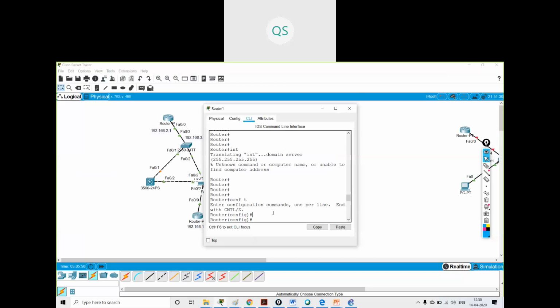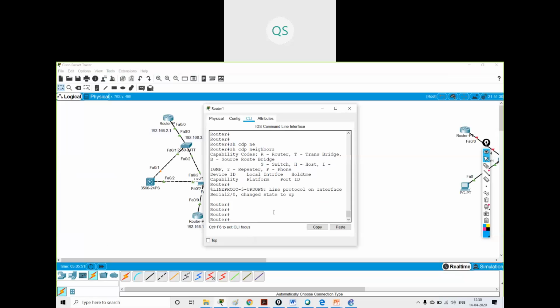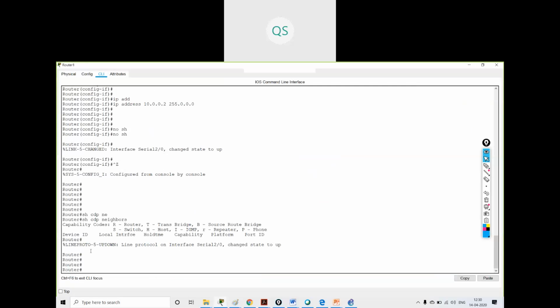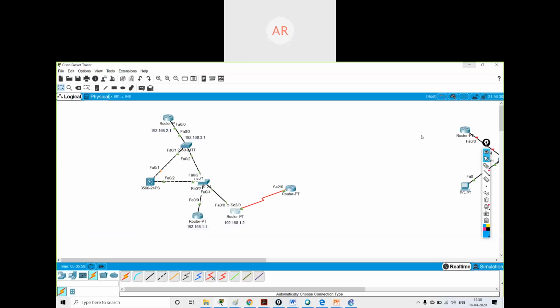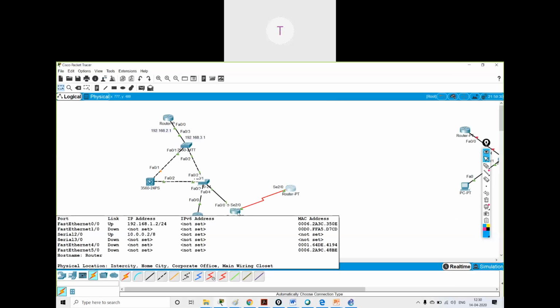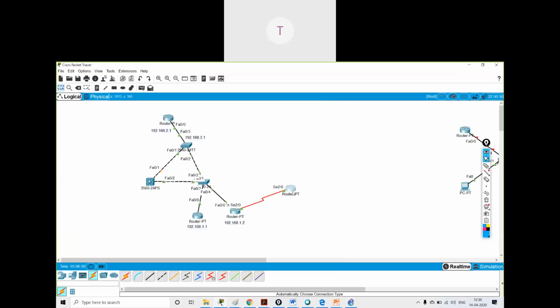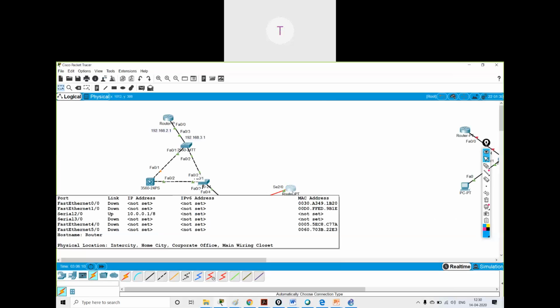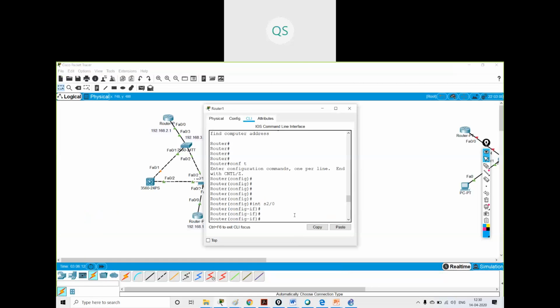Am I getting any details? No, sir. Once it is enabled, we should get details about this router, right? Why are we not getting details?